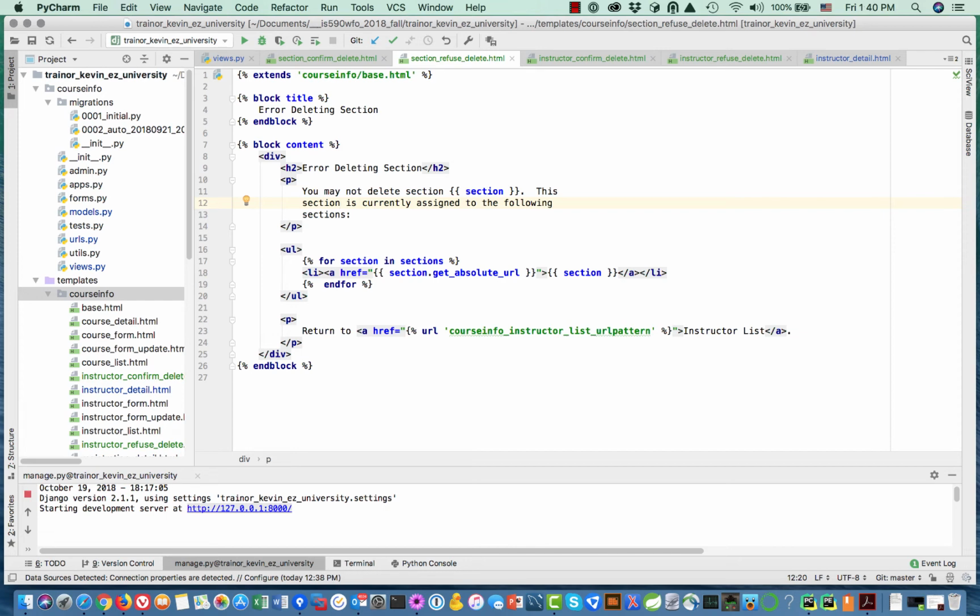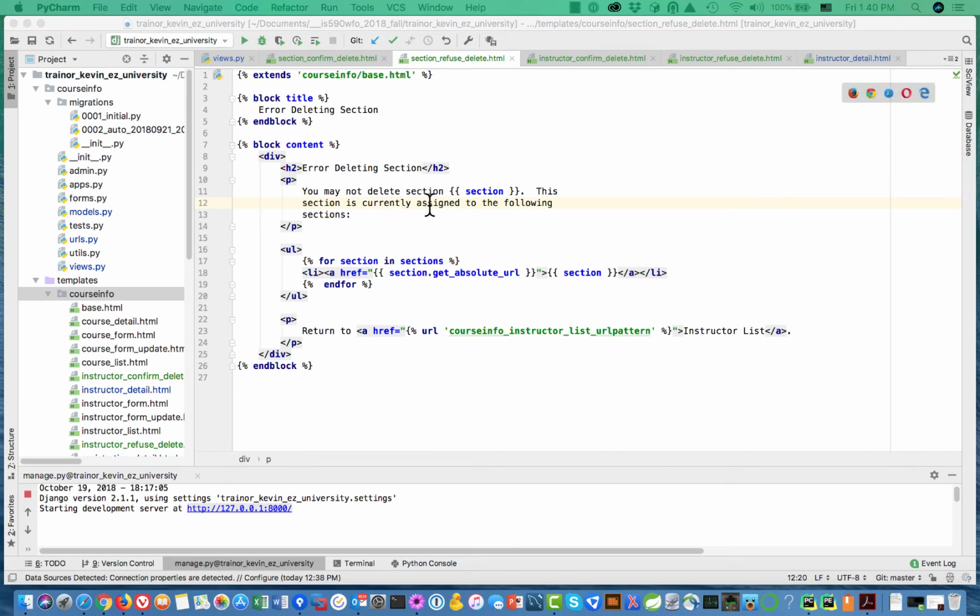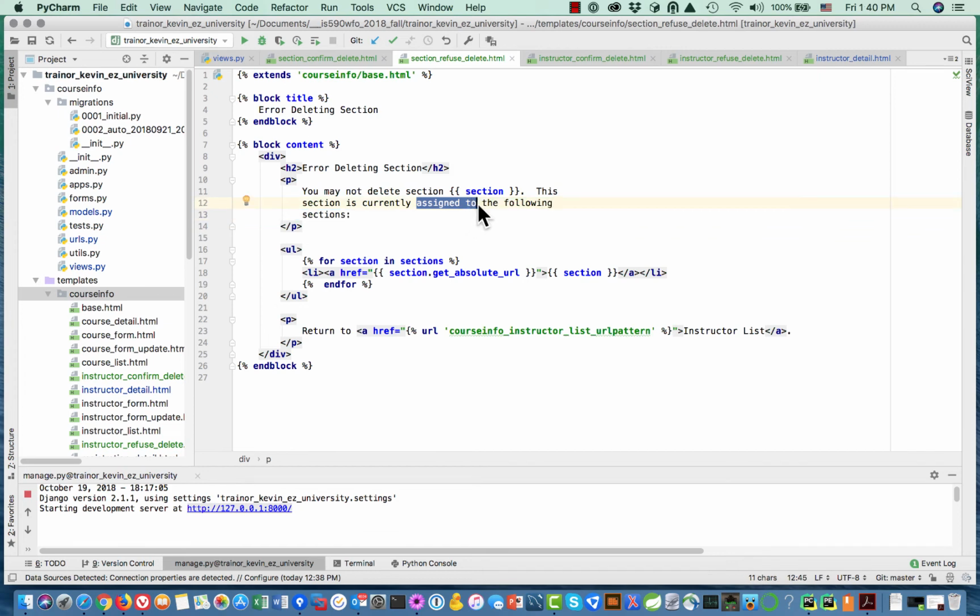I'm going to cheat and go back and look at what I said the last time, because I fooled with it for a while, and I thought I came up with some good text. This section currently has the following registered students. Currently has the following registered students. Okay, so